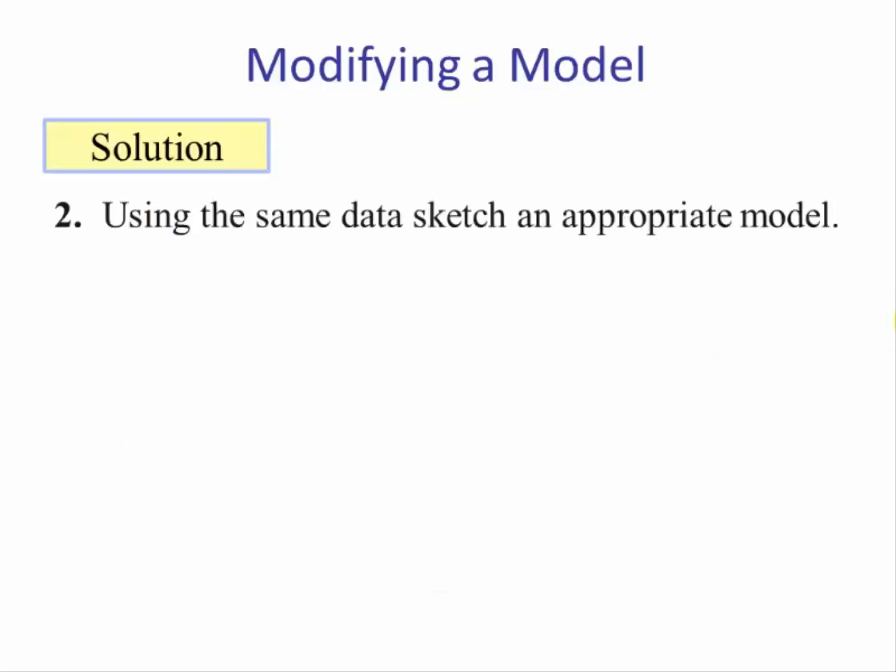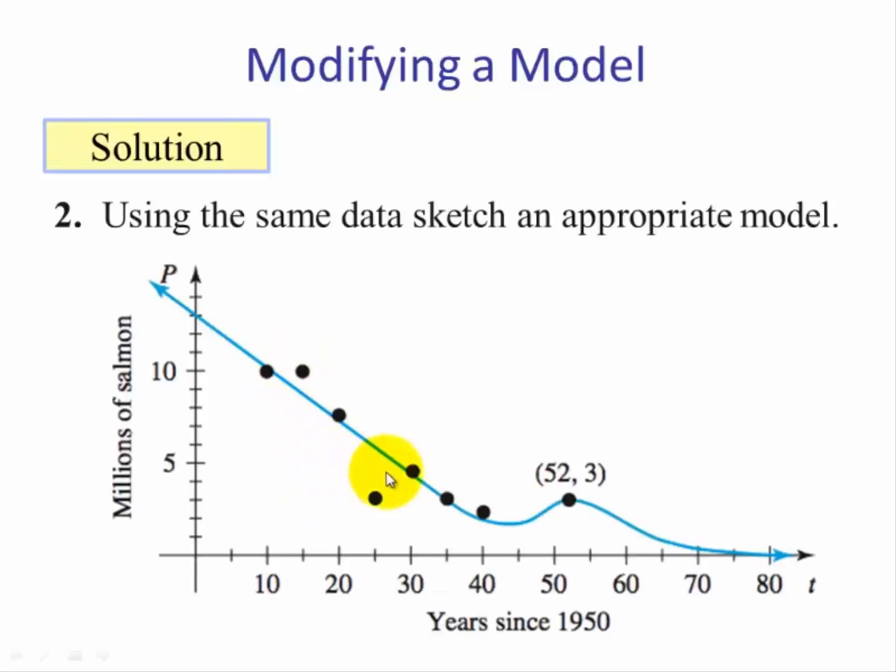Number 2, we have the same data here with the new point, but this time the problem wants us to illustrate where the population would become extinct, and that would be approaching 0. So here we have 2 different cases for the same data. Whenever we extrapolate, we don't know once we go beyond the domain what the pattern will be. Will it increase again? Will it level off? Will it decrease?